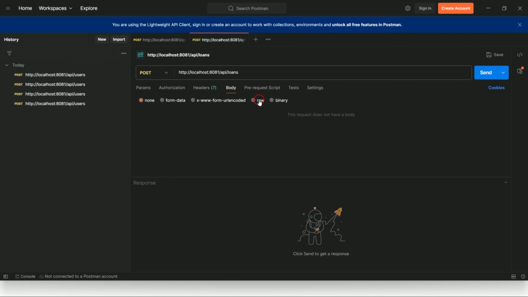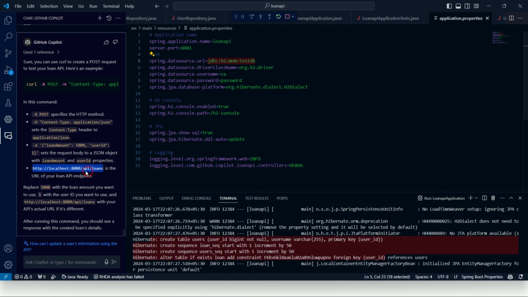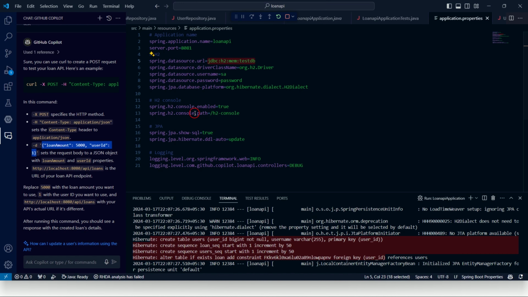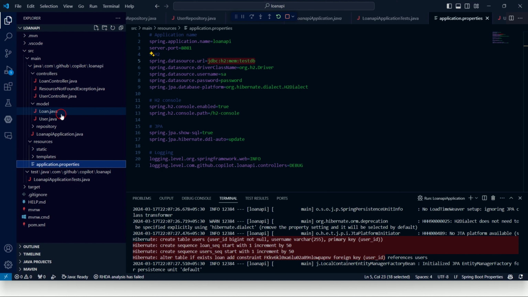In the body, I'm going to select raw, which is of type JSON, and I'm going back here. I'm going to select these things. User ID is 1. So I'm going back here and pasting it. For the user ID 1, I'm saying the loan amount 5,000. Okay, and we'll go to our loan model and see whether we can insert some other